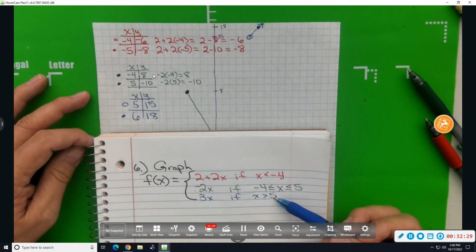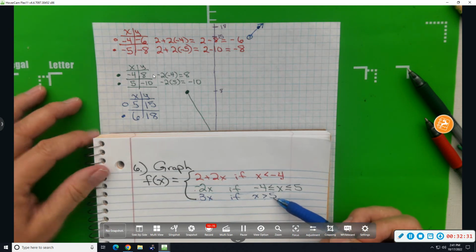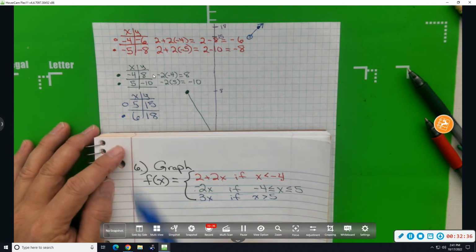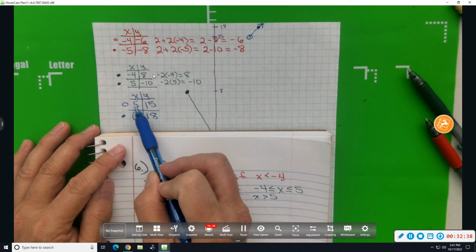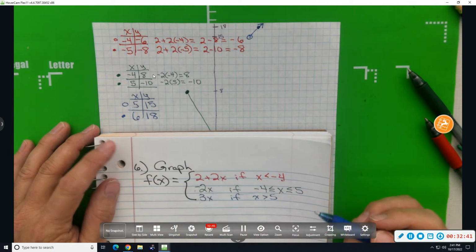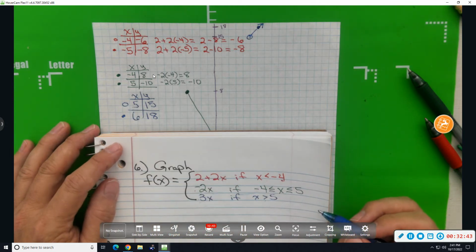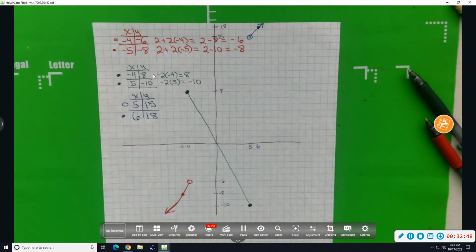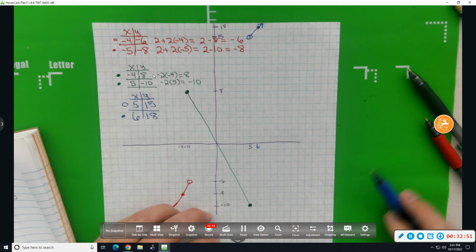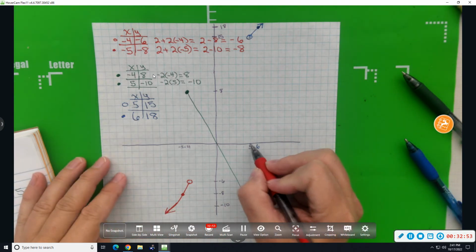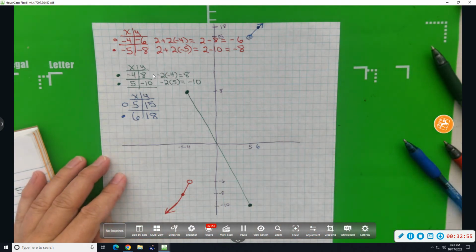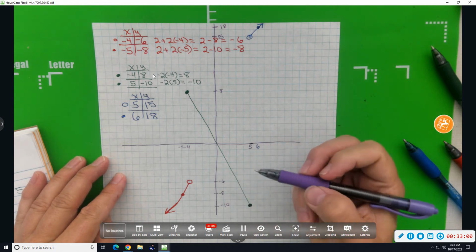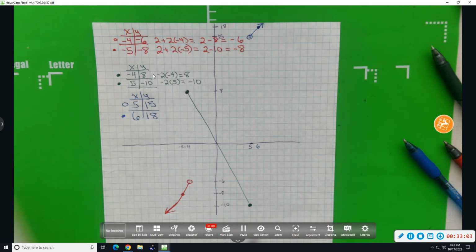And this brings up a good point. If x has to be bigger than 5, why did I even use 5 right here? The real number system is said to be dense. Between any two real numbers, there are infinitely many other real numbers. When I look at this graph, there's 5. I claim there are infinitely many numbers right here to the right of 5. To the naked eye, they would look like 5. For example,